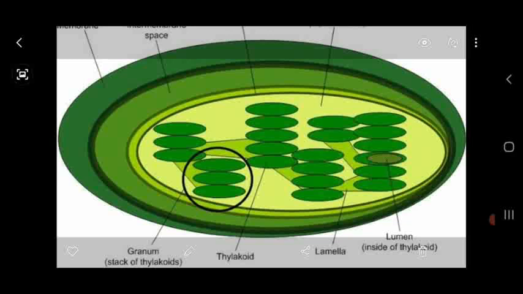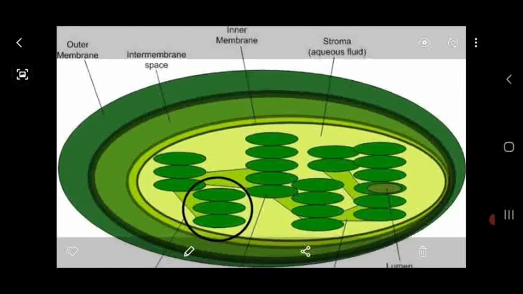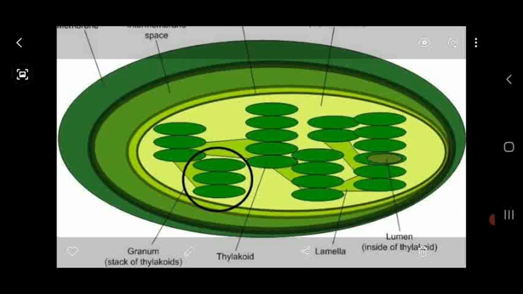An individual thylakoid surrounded by a membrane is called the thylakoid membrane, which has a cavity at the center called the thylakoid lumen. Thylakoids are connected by a tubular structure called grana lamellae or stroma lamellae. So dear students, this is the structure of the chloroplast where photosynthesis takes place.